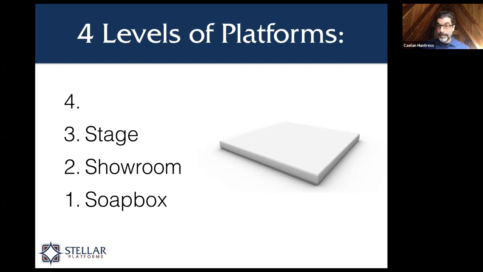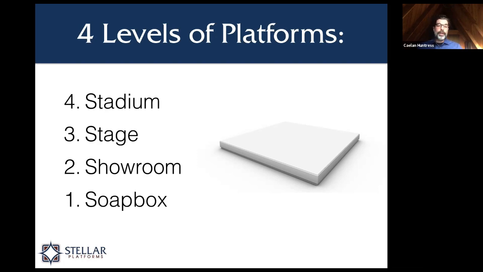And your systems handle the selling for you automatically. The final level of the platform is the stadium. And this is where your strategy becomes much more important, because you have to decide which stages you go on. And you have to determine where you spend your time a lot more